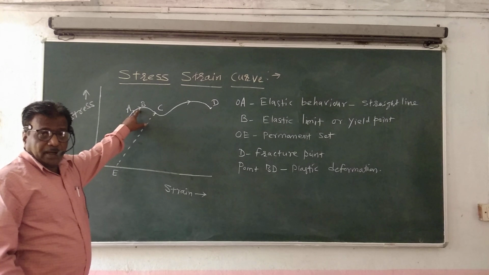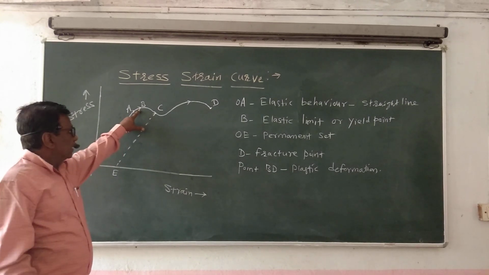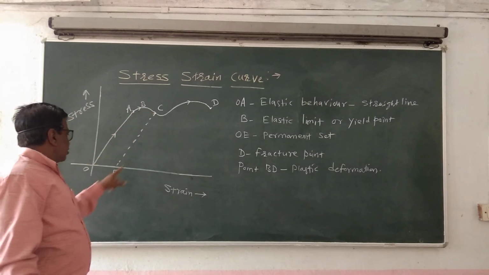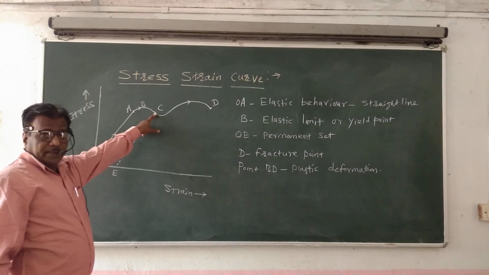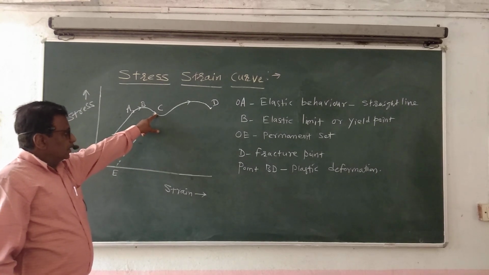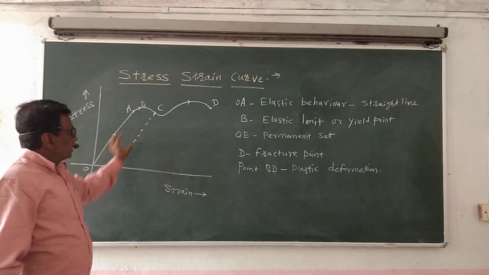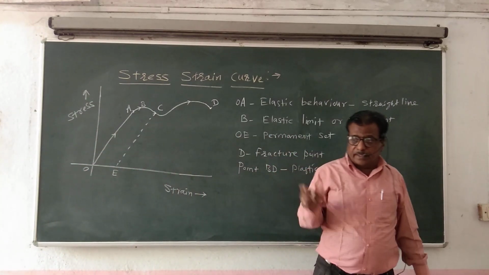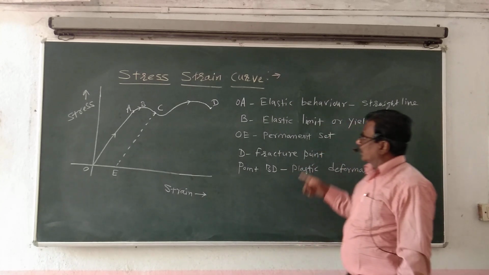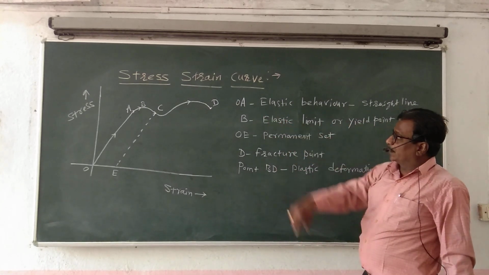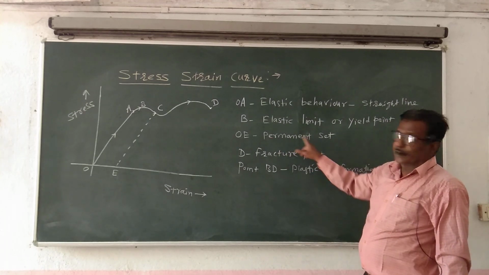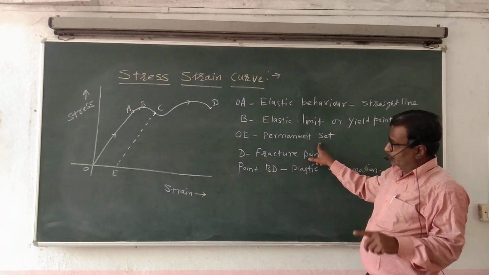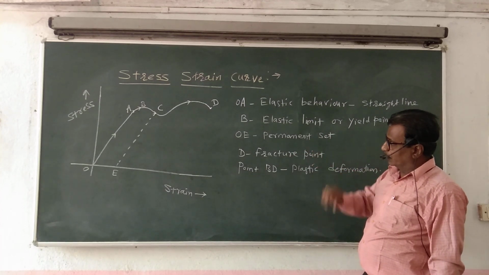After the yield point, again we apply a load to the wire and it elongates from B to C. Up to the point C, when the wire elongated, that OE is called the permanent set. Therefore we say that at point C, when we take out the load, the wire does not regain its original size and shape. That means there is a permanent change. The size and shape of the wire have completely changed. So that is called permanent set.